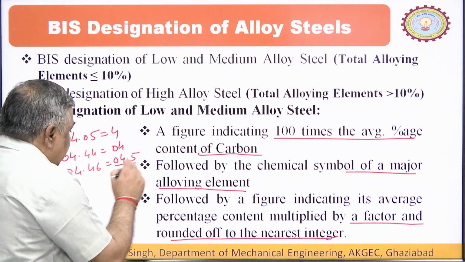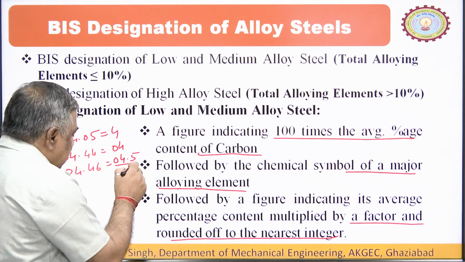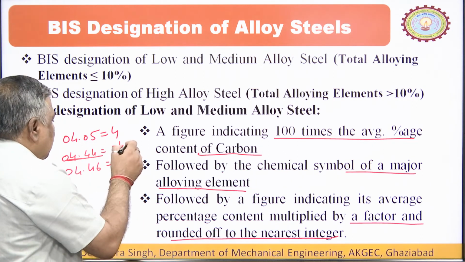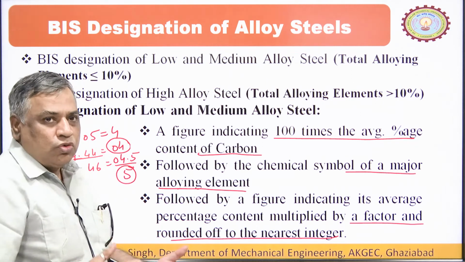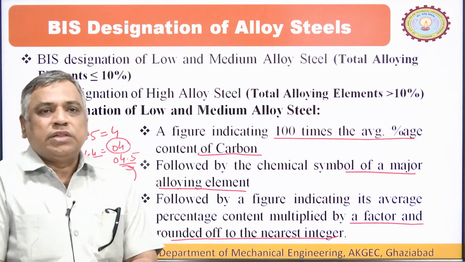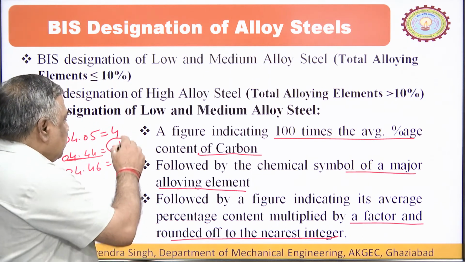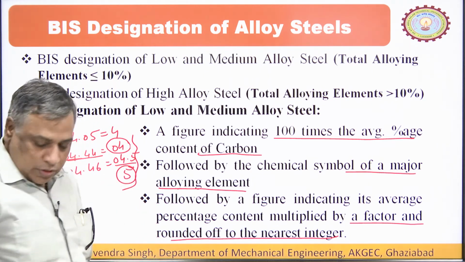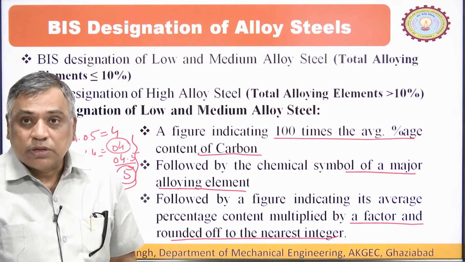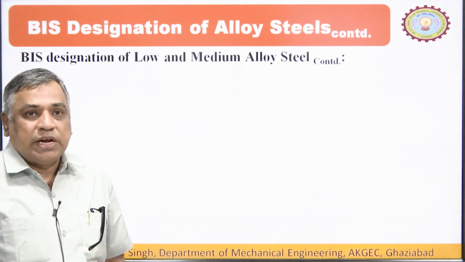If it is 0.45, I will take this as 5. If it is 0.44, I will take it as 4. So, we never write fractions in these designations. This I wanted to indicate here. So, this is there. Then we will write the